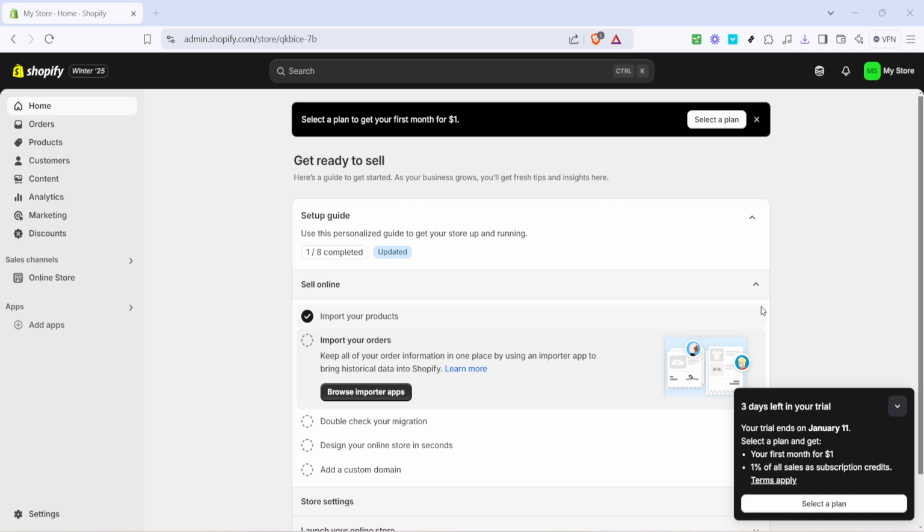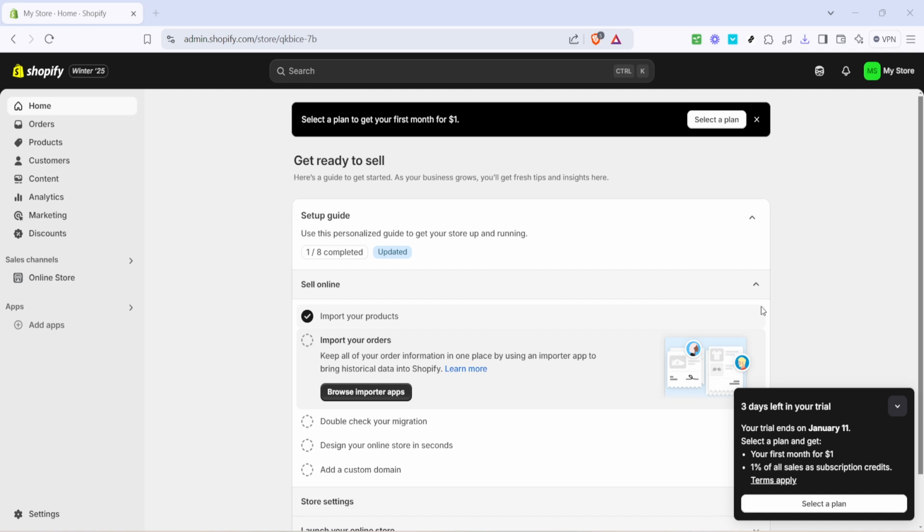First, we'll need to access your Shopify store's admin panel. Go ahead and open up your browser and navigate to the Shopify admin site. Once you're there, you'll want to log in using your credentials. If you're already logged in, you should see the Shopify admin dashboard. This is your central hub for managing your store. Here, you'll have access to everything from product management to analytics.